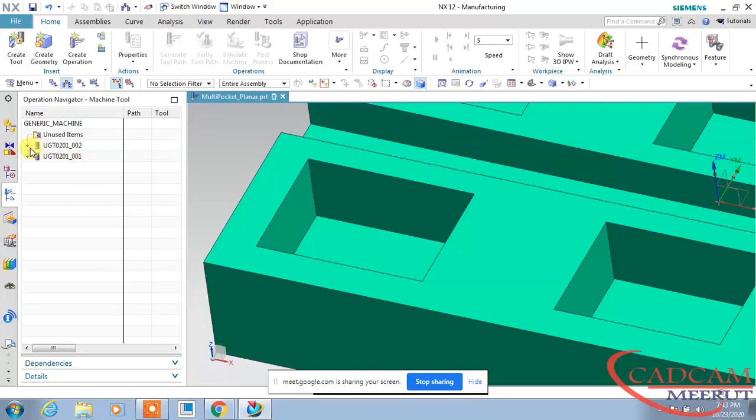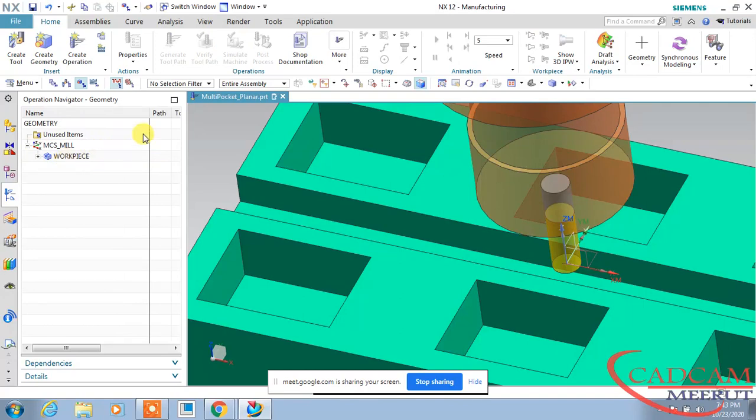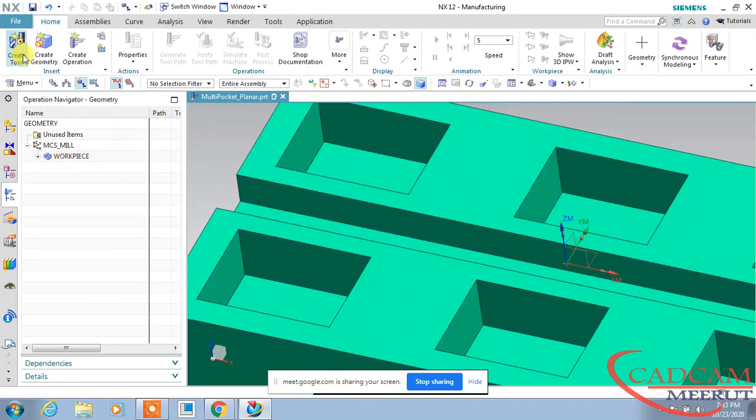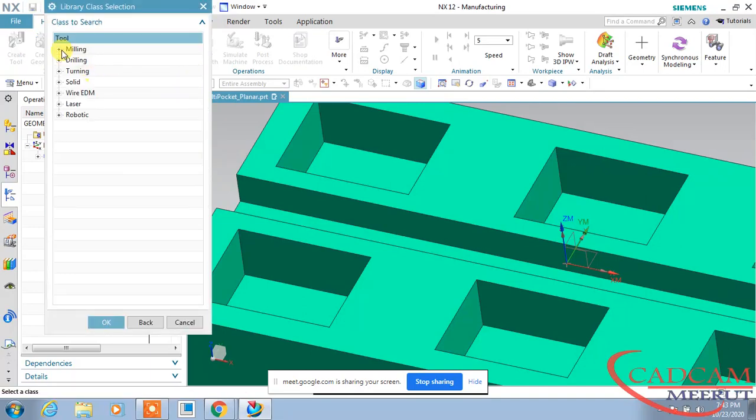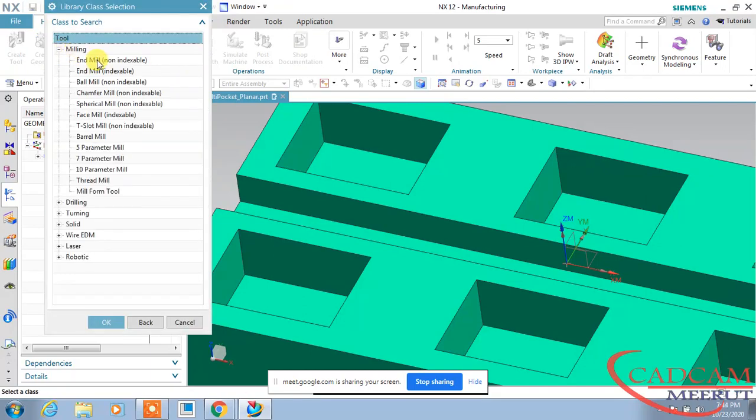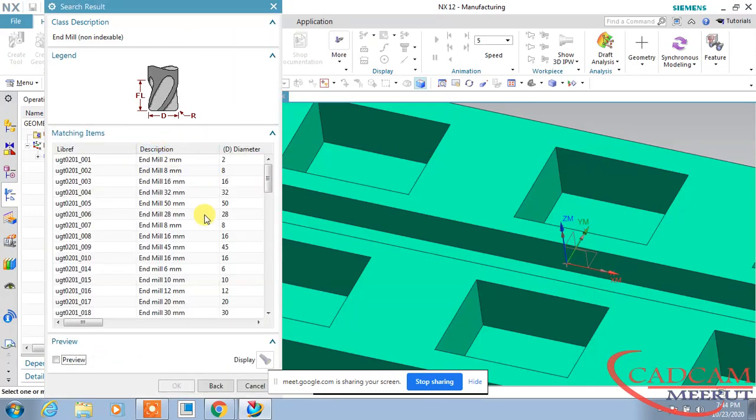Here we have two tools already defined, but again we will define the tool and I will show you how to take a tool from the library. First go to Create Tool, and from the library, from the milling category, select non-indexable. All non-indexable tools are here. My first tool is this 8 millimeter end mill,